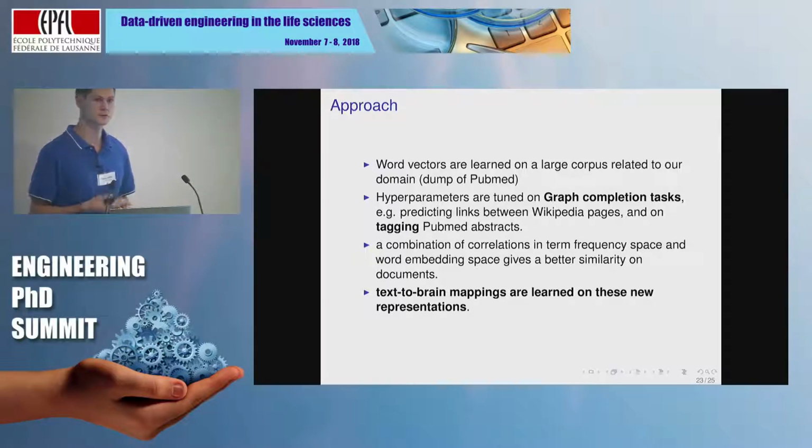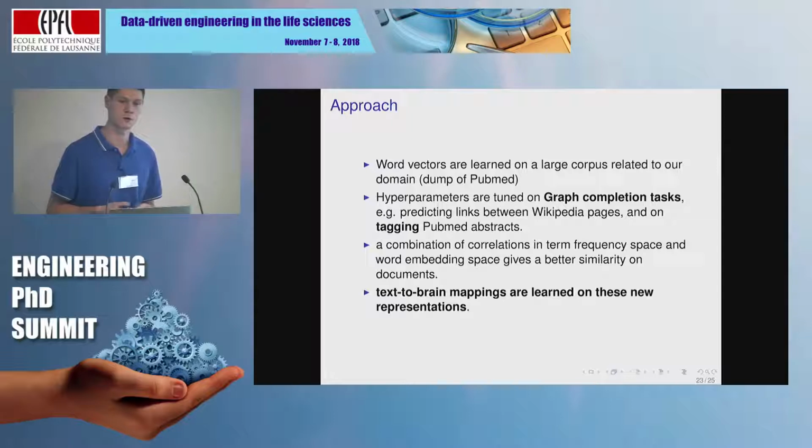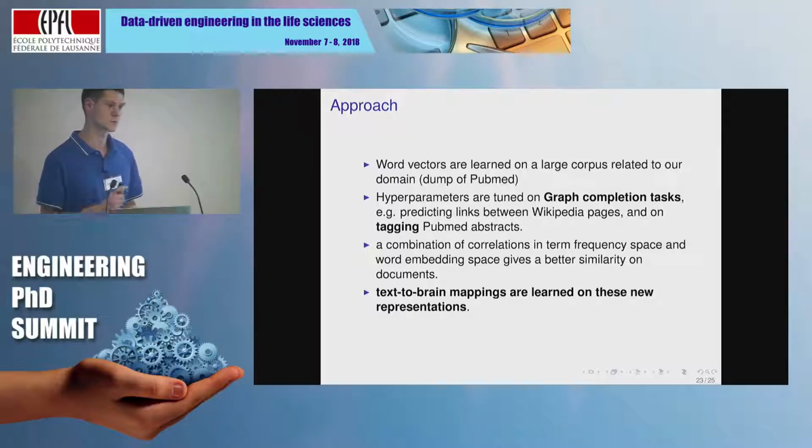We select hyperparameters and check that these representations make sense by completing graphs, ontologies of the domain, or maybe graphs of links between Wikipedia pages, because if there is a link between two Wikipedia pages, usually the concepts are related. And then we use them to smooth the document representations we use. So a combination of our original representations for documents and these similarities provides a kernel on documents, and using kernel ridge regression we can do the kind of learning we were doing on smooth representations.